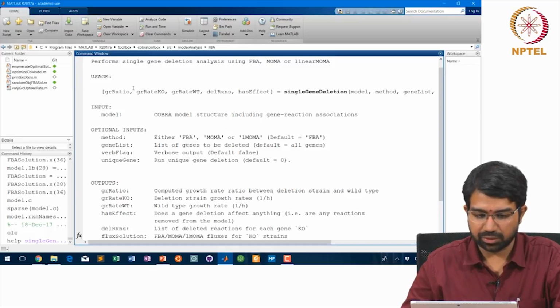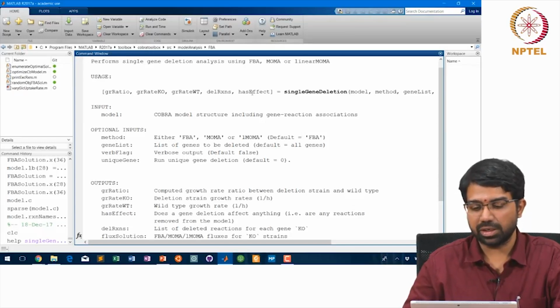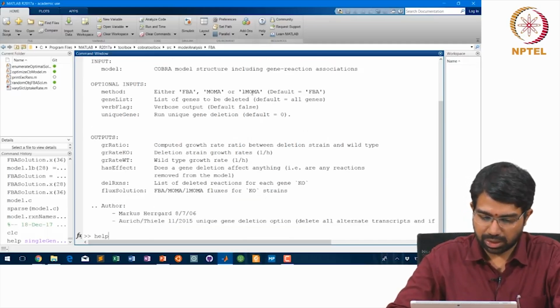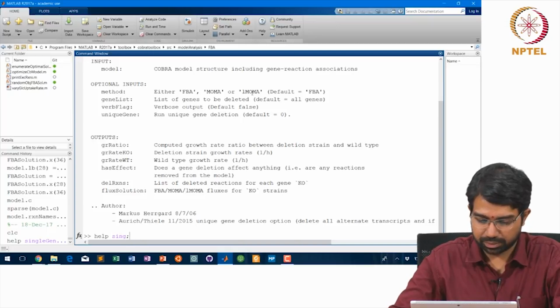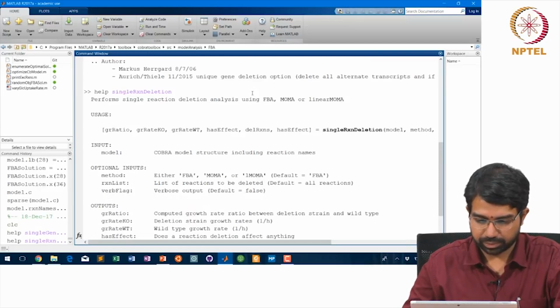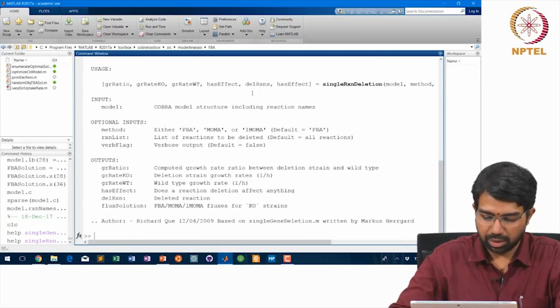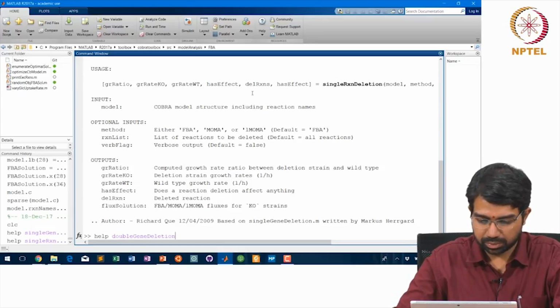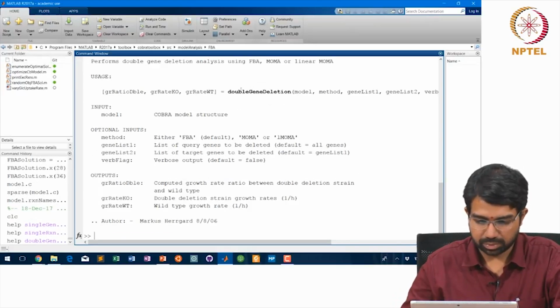So, this is a single gene deletion function. The outputs are growth ratio, growth rate on knockout. So, this is basically growth rate on knockout by growth rate of wild type, right, GR ratio, and what are the reactions that are released and deleted, and if there is any effect for the deletion, has effect. And you also have a single reaction deletion. Which is again very similar. You also have a double gene deletion, right. This essentially gives you a sort of matrix